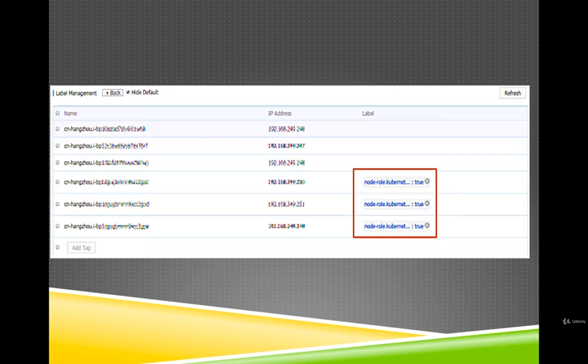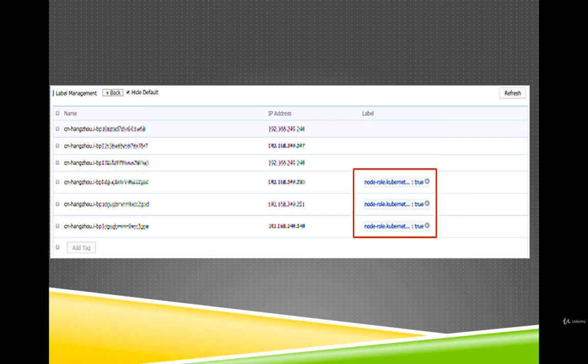You can also log on to the master node and run the command kubectl label no node-id node-role.kubernetes.io/ingress is equal to true to add the label to the worker nodes quickly. So this is what we covered in step number 1.